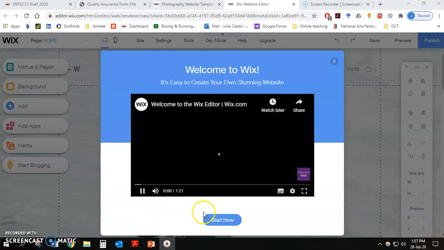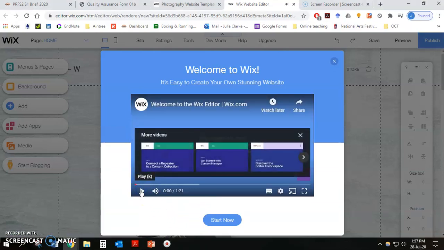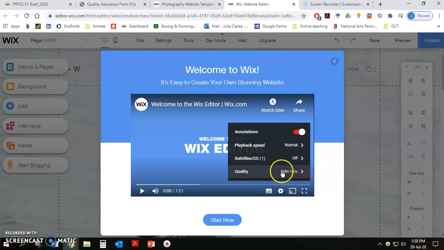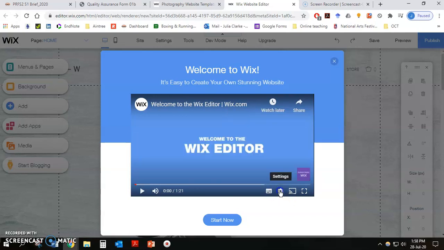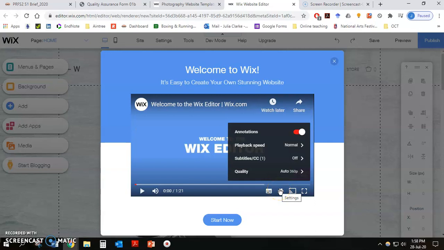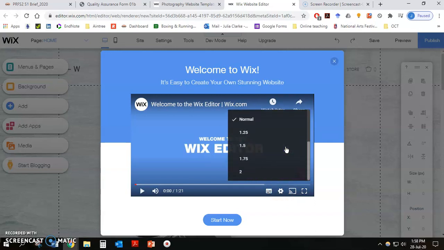So like I said, this can take a little while. So I paused it for the sake of the video, but it does take a minute or so to load that. You can watch this Wix editor video. It's only a minute. And I'm sure you guys do know that here under settings, you can change the quality of a video to the lowest possible quality, which will save you on data. If you're a busy person, and I know you are, you can also change the playback speed to a little